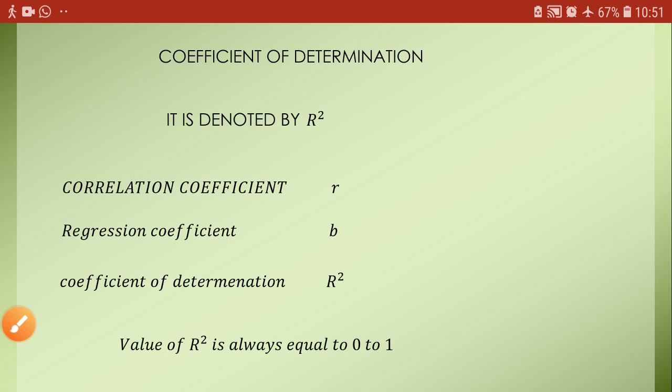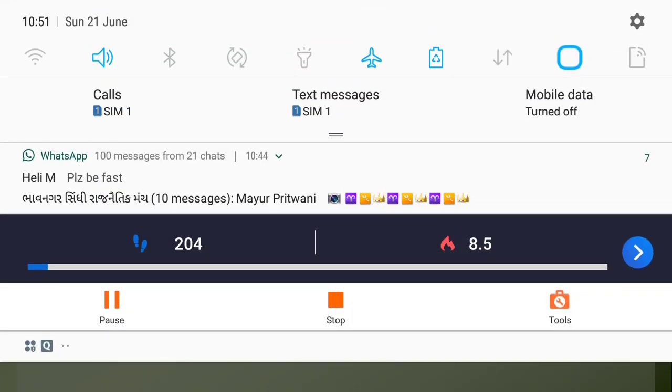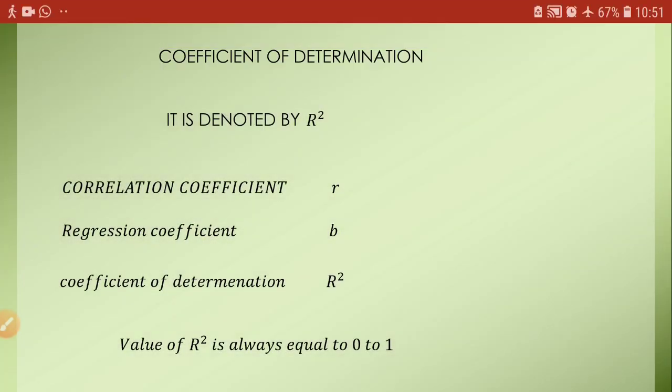Today our topic is coefficient of determination, that is r square. So now I would like to tell you what r square is. It is exactly the square of this r. Now this r you know how to find. We have completed the full chapter number 2, and it is on my YouTube channel also.